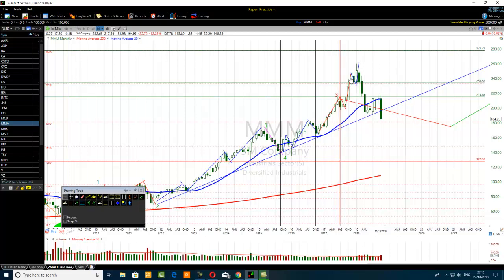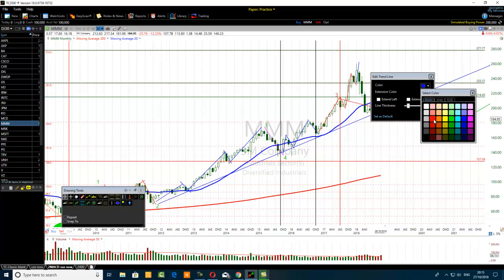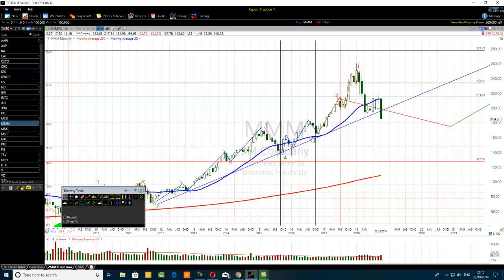Here it is. So the green internal wave represents the Mano wave of the fifth Mano wave of the fifth Mano wave of the third wave. That's it. Subdivided 1, 2, 3, 4, 5. No Elliott wave violation. The third Mano wave is not the shortest, though it's shorter than the first Mano